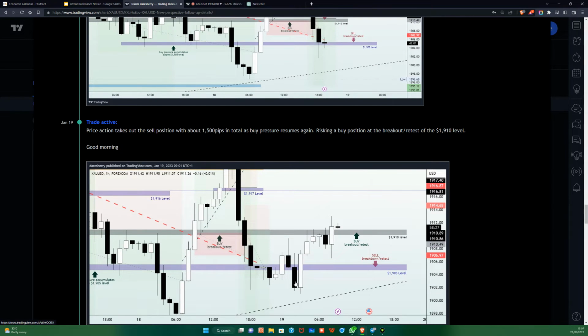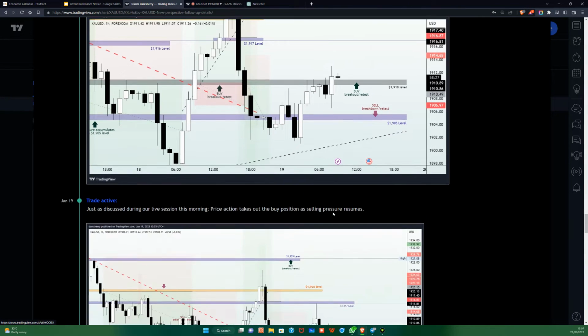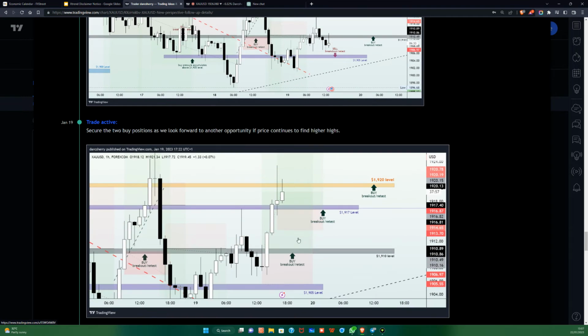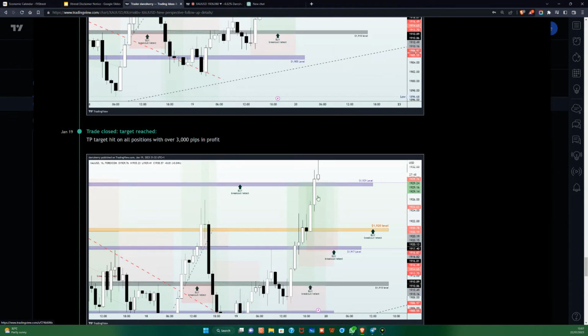However, on the morning of the 19th, we were taken out of the sell position as another level of bullish momentum started coming in. So we positioned ourselves above the $1910 level, and though we had some buy momentum here, price came back down again. At the end of the day, we were able to be part of this position as price continued to ride all the way up, breaking out of the 1917 and the 1920. We added more positions until price action got to our TP target at the $1929 level with about 3,000